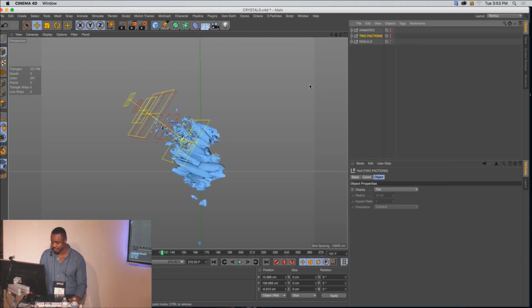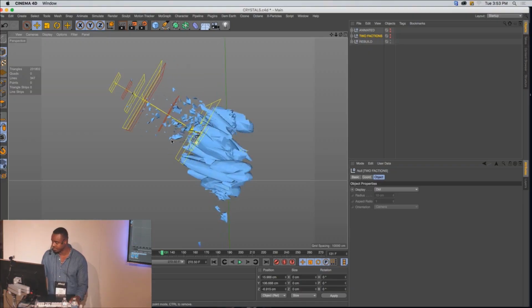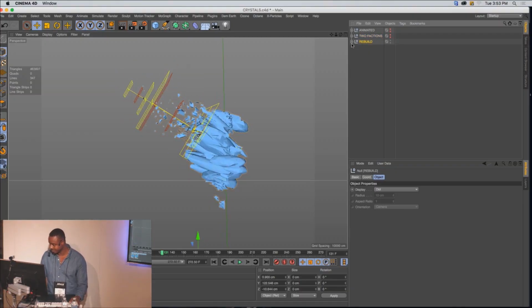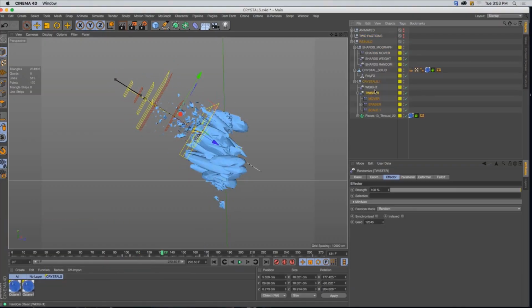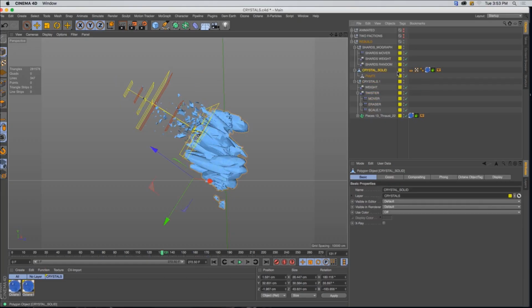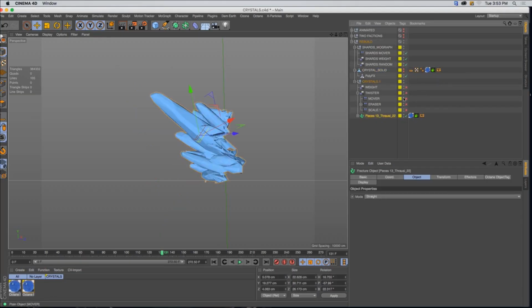All right, time to pull the curtains back on this. So as you can see, this is made from a bunch of different MoGraph effectors. And let's just tackle this one by one, piece by piece. So I'm going to turn off our solid crystal object, right? And let's just work with the pieces. I'm going to turn off all these MoGraph parameters. So the first thing I did,